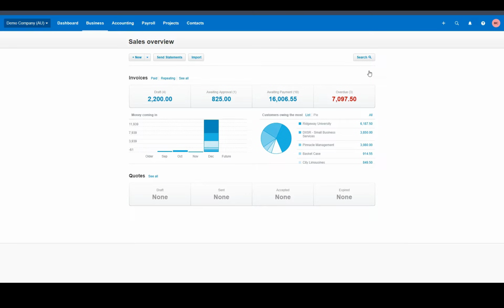The next part of the screen is a panel that shows the various stages of invoices and how many invoices there are at those stages. So the first panel here you can see is for draft invoices, and we can see here in the demo company there are 4 draft invoices worth a total of $2,200. The next panel along tells us that there is 1 invoice that's awaiting approval from someone who is allowed to